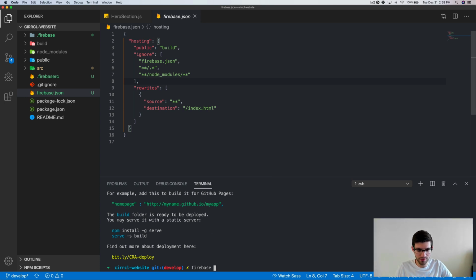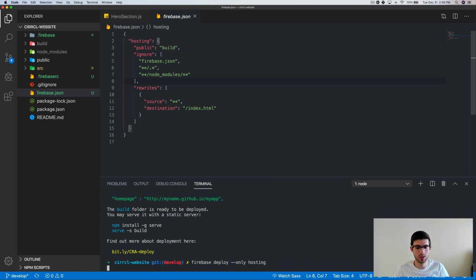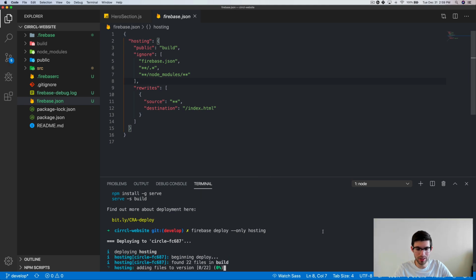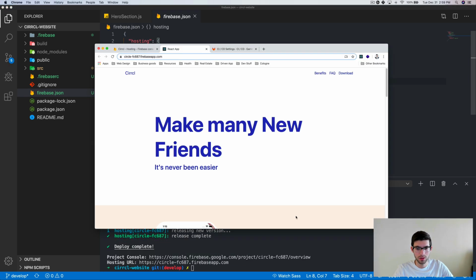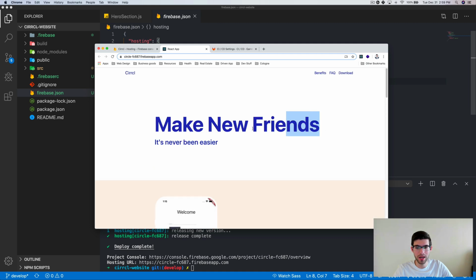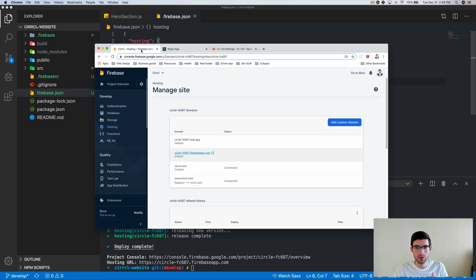All right, now let's run Firebase. We can actually just do this: Firebase deploy --only hosting. Let's do that again. Let's refresh this, and we're back to the way that it should be, just like that. So this works,